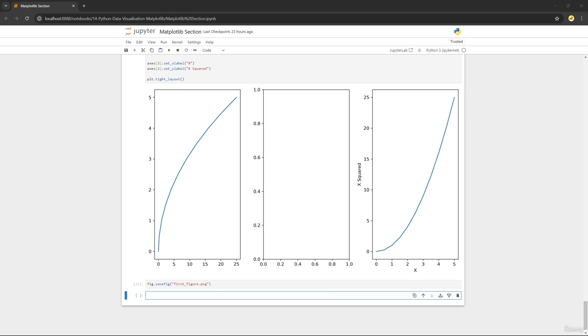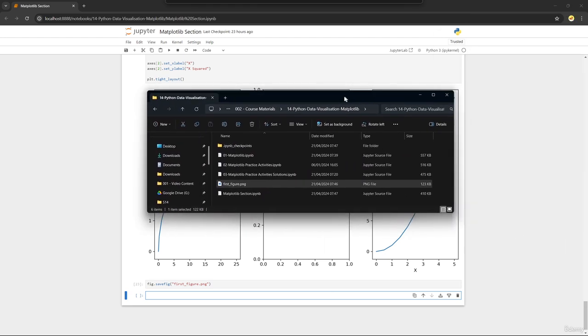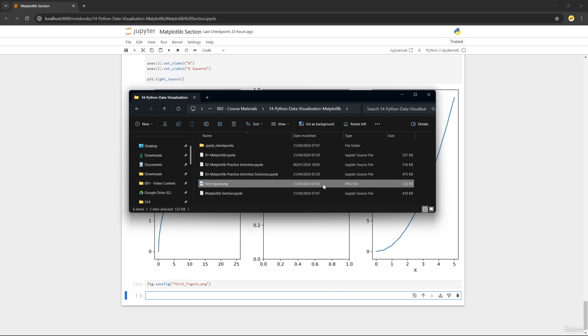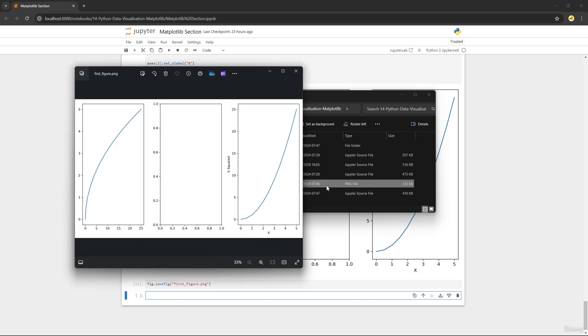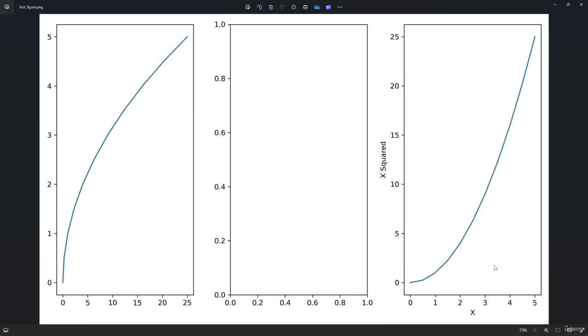My current notebook file is within the section folder, so if I open that up, I can see that I've got a PNG file with the name that I just set, and then if we open it up, we can see that the plot has been saved to a PNG file but now on our local